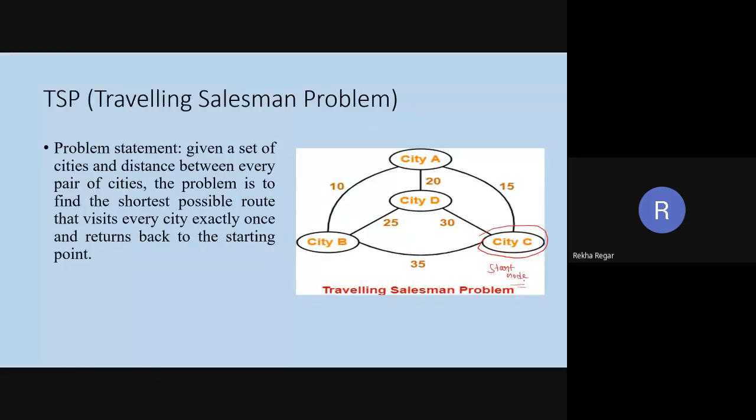So just give me what will be the shortest route for the start city C. What is the shortest route, guys? Write down in the chat section. Instead of start city A, I am saying that the start point is C.